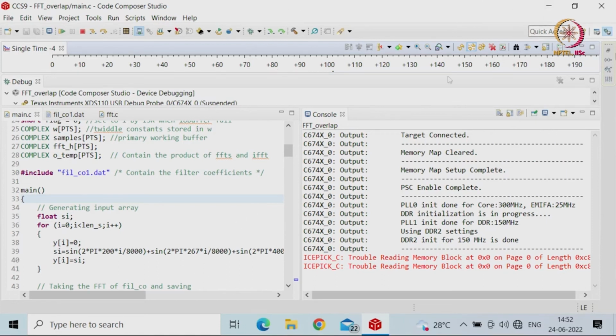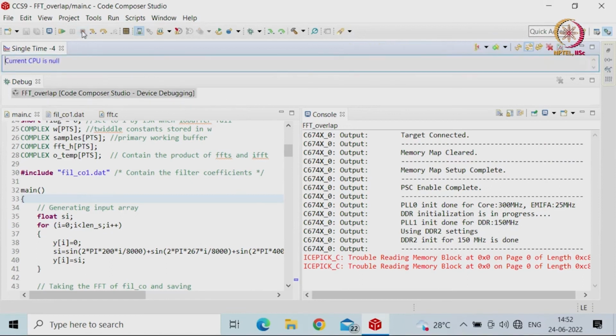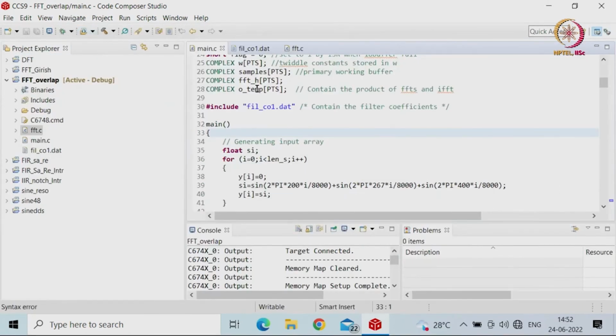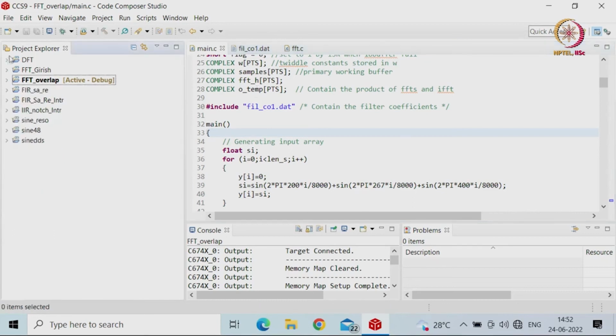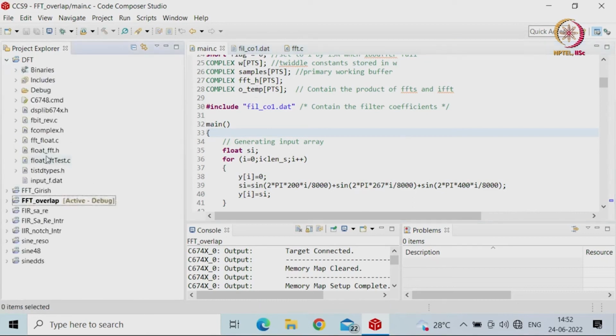So, like this you can go and run your codes and see whether your FFT code is working. One more is the DFT code. What it has is